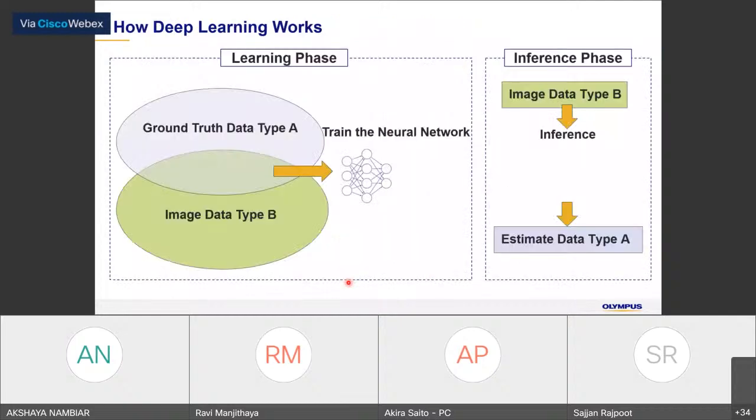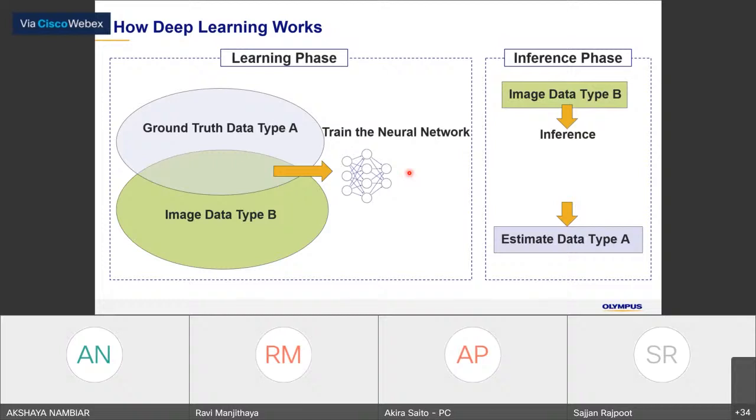So I would briefly introduce how deep learning works. For deep learning, we need to create a neural network, something like our brain, to understand what the images are and where the objects are.